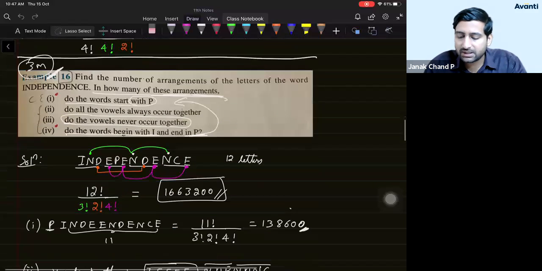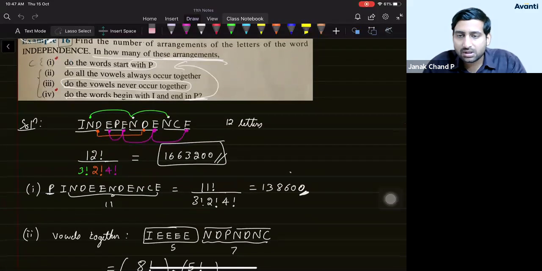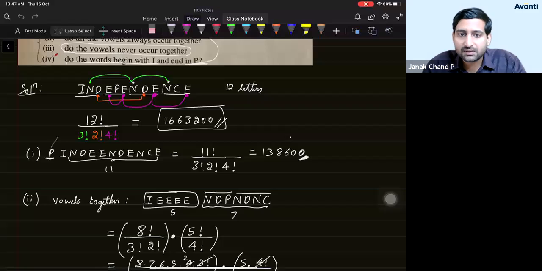Then we solved a very, very important type of question where the total number of arrangements that we can do with the help of the letters of the word INDEPENDENCE is nothing but total factorial divided by individual repetitions. Then if the question says that in the first position one of the letters should be fixed, you fix that, then arrange the remaining among themselves, which can be done in these many ways.